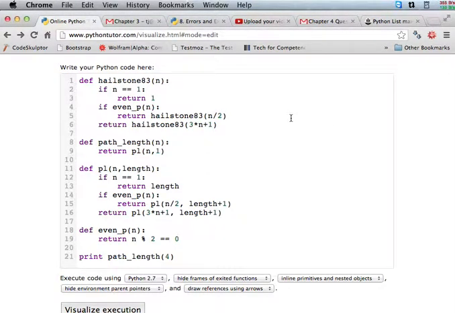Okay, so in the last video we were looking at the height function, trying to build the height function from page 86, and we saw that it ran into a little bit of trouble. There was some infinite loop stuff happening. So I wanted to just back up a little bit and take a look at